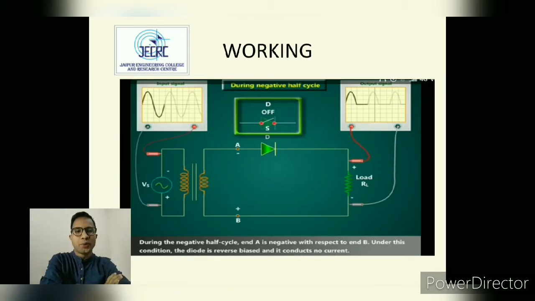Working of PN junction diode or half-wave rectifier. In its working, first we apply an AC signal in the primary of the transformer. This transformer will step down the voltage, and this voltage will be applied at the positive terminal of the PN junction diode. Due to this, the diode will be in forward bias and it will act as a short circuit. Due to this short circuit, we will get output voltage across the load resistor RL, and in the waveform we will get a pulsating waveform at the output side, because the diode acts unidirectionally.